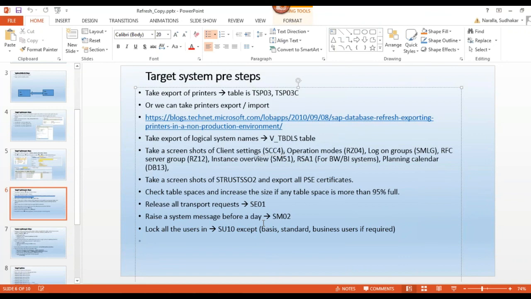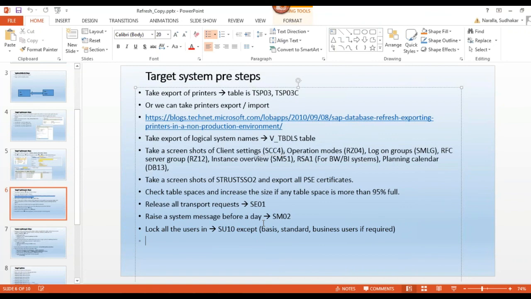then what will happen? As a basis user also, you cannot log into the system because you have locked all the users in the quality system, correct? Again, you need to unlock at database level. Again, you need to activate the SAP star user, log into the system, and unlock again.